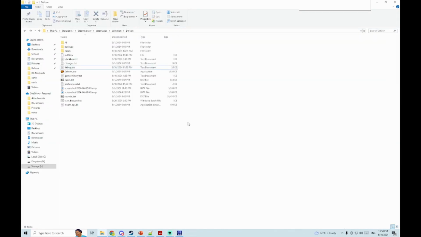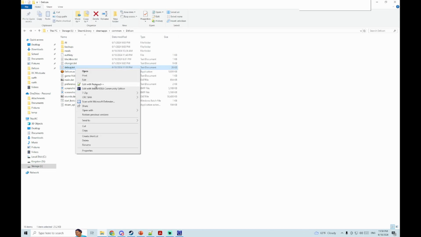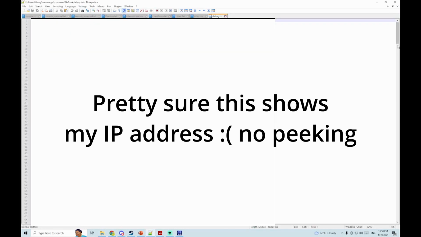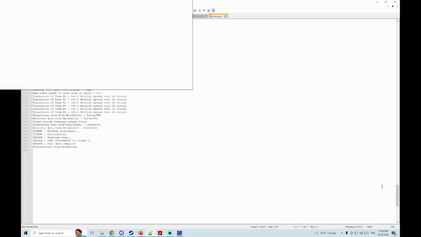Something also to keep in mind if you are trying to reach a target number of cities when you're working is you can go into the debug.txt that is just in the DEFCON folder, and it will actually show reports of your game history. And I just loaded one up. It was a totally random game, so it actually, like, if cities are too close together, it won't spawn them anyways, even if they're marked as capitals. So that's probably the best way to do it, is just get a totally random game going and then look at the